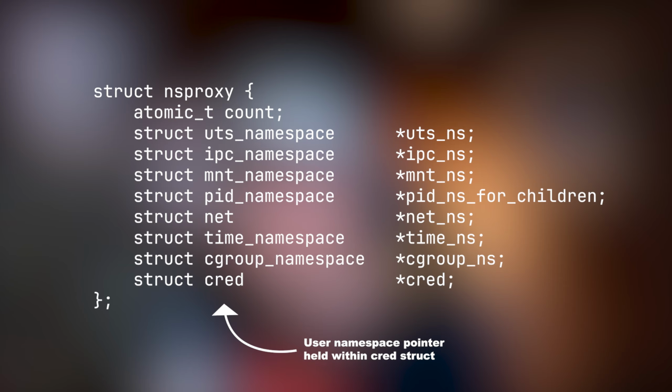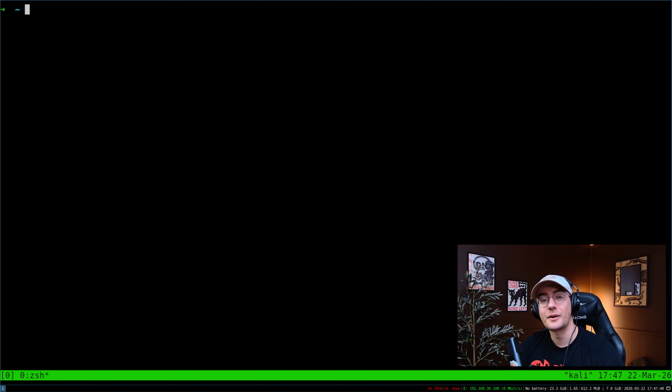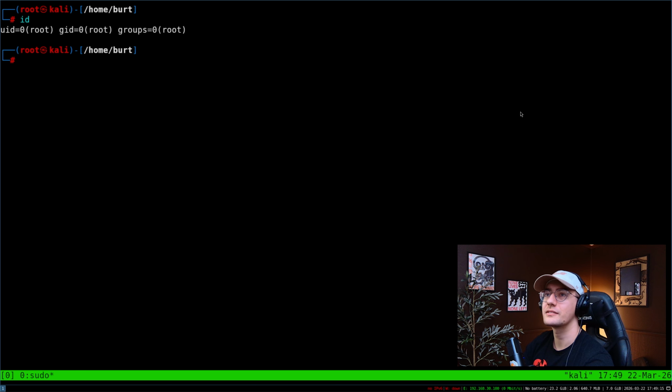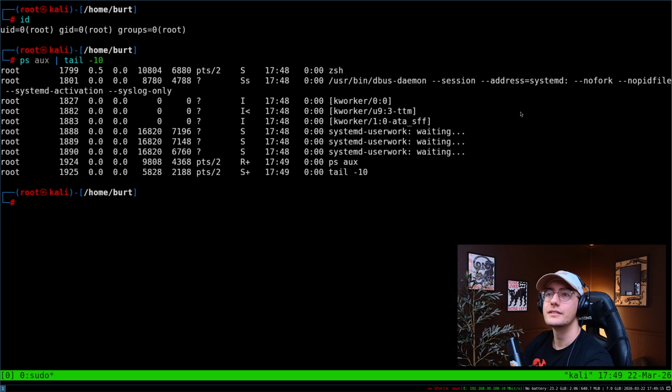So this is how you would tell a container that they only have, for example, 2 gigabytes of RAM to use, rather than the 16 gigabytes that your host actually has access to. So I'm going to stop talking and let's create a sort of manual container using the unshare utility, which just calls the unshare syscall. So on our host here, I'll just gain some context and we'll see some processes, see the host name,